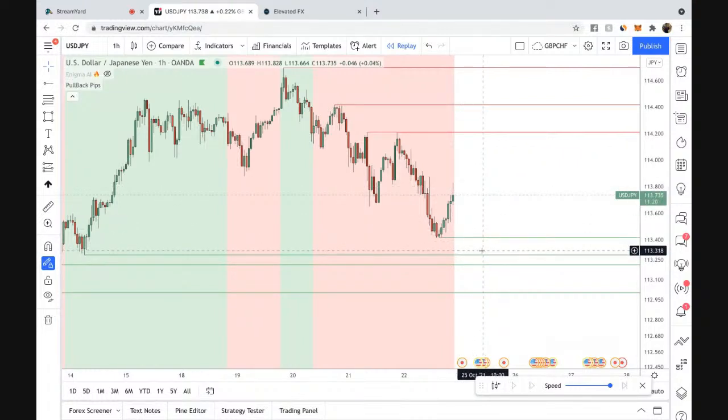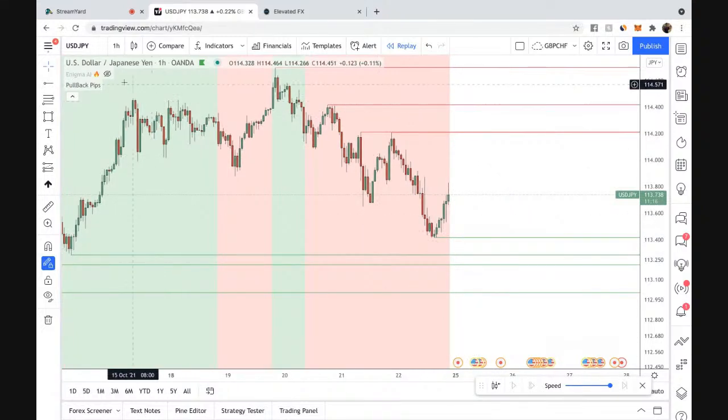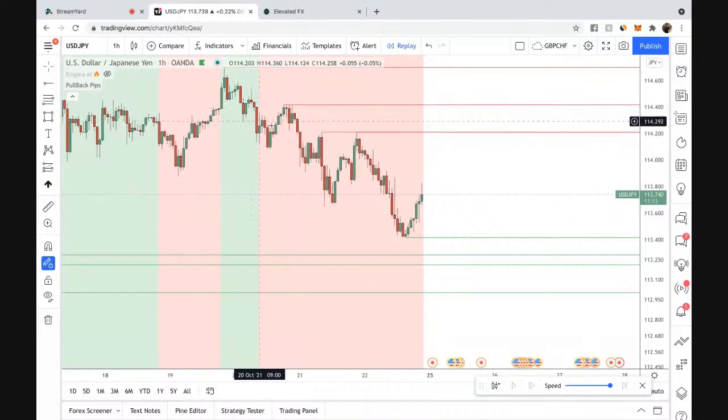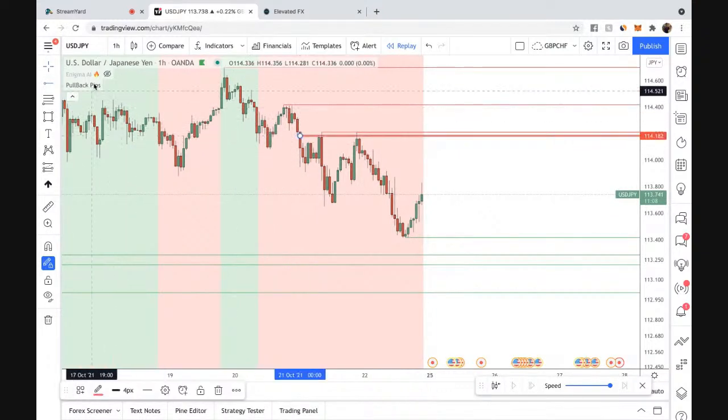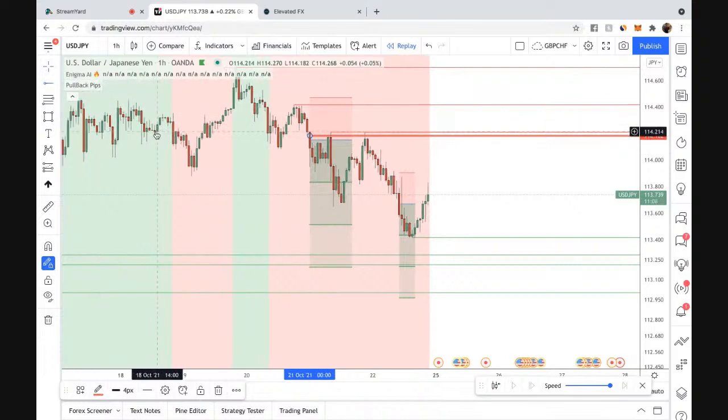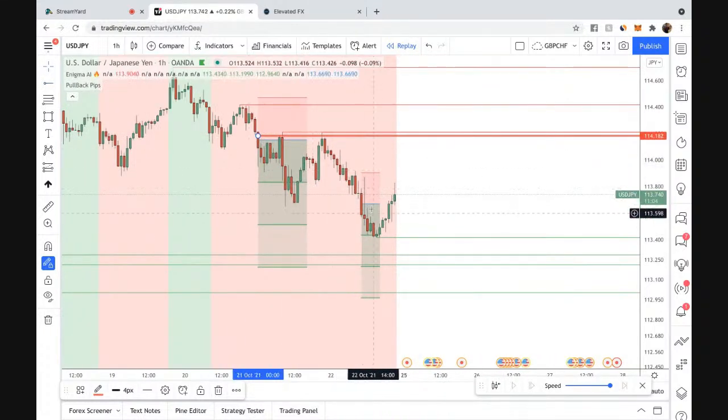Now, what I want to see is something, and this is what sucks, because Enigma already gave us a setup, right? If we were really bearish, our entry would have been up top, up here. And sometimes you got to be patient, right? Especially when you get a setup that's after the amazing setup, because the market has to what? Pull back.